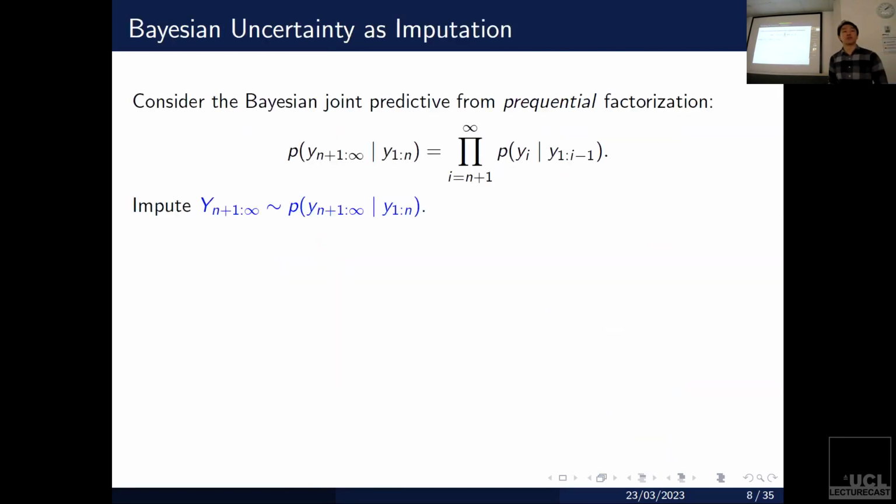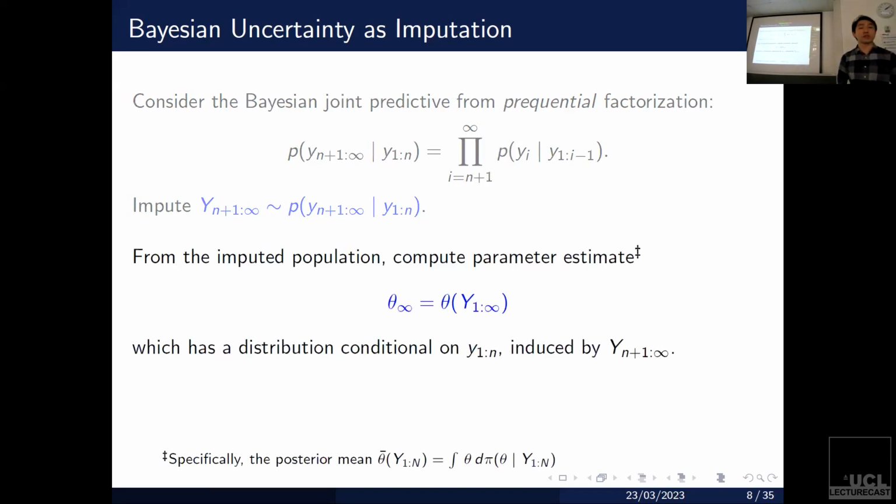So more formally, this joint predictive I've left undefined for now. One way to write this Bayesian joint predictive is something called the frequential factorization. Frequential is some work from David in the 80s, which is a combination of predictive and sequential. The idea here, and you can ignore the infinity, just imagine it's a big N for now, is that the joint predictive density on some future population is just going to be the product of the one-step-ahead predictives. So I'm just going to look at the predictive yn+1 given y1 to n, yn+2 given y1 to n+1, and then you can multiply this, and from the chain rule, this gives you the joint. So let's suppose for now that this is mathematically formal, which it's not. You can impute yn+1 to infinity from this predictive, that is, draw a sample, or you can also define a random variable that has this law.